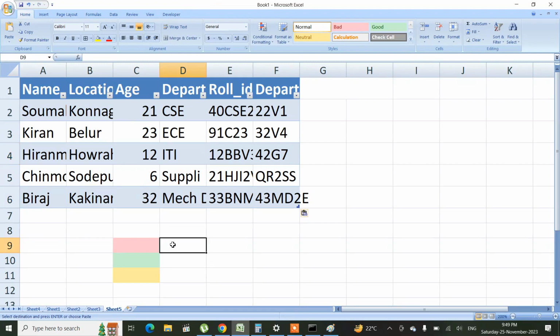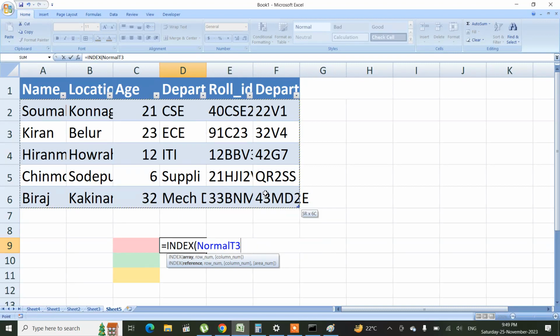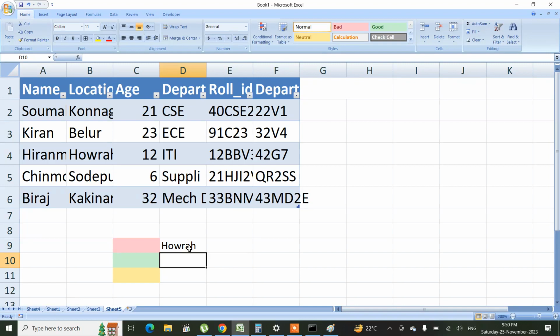Okay, fine. So equal to index, it will be searching inside the array. So maybe this is the array, the whole of the table. Array means the whole of the table, and we'll be seeing the row number. So Hiranuma is in the third row. So third row, and Howrah means second. Let me close the bracket and press enter. So see, Howrah. Third row,